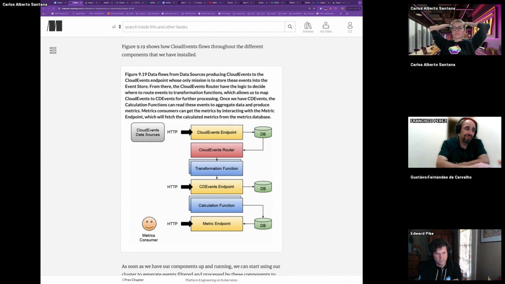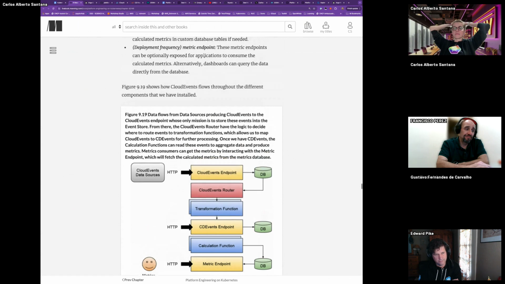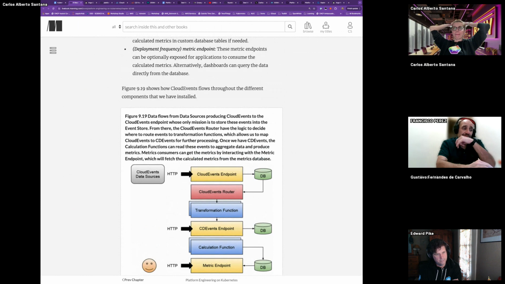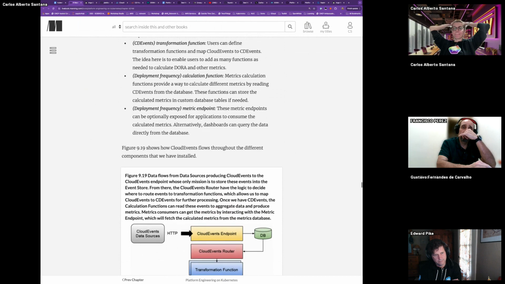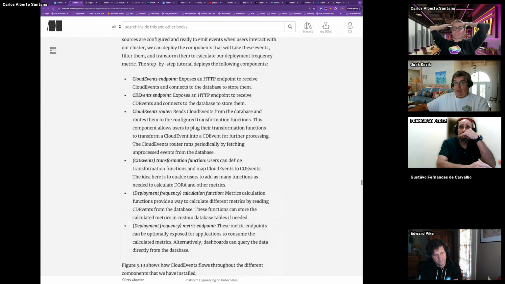Is that what people are doing? Is this a cool idea that's taking hold, or is this already a practice where people are implementing it as part of a compliance workflow?